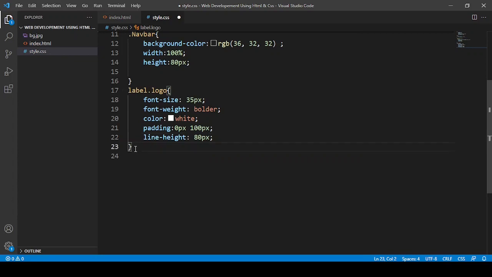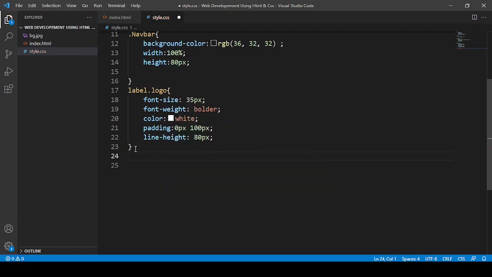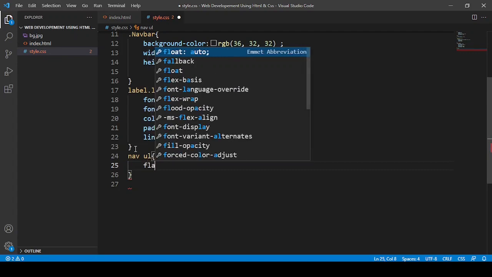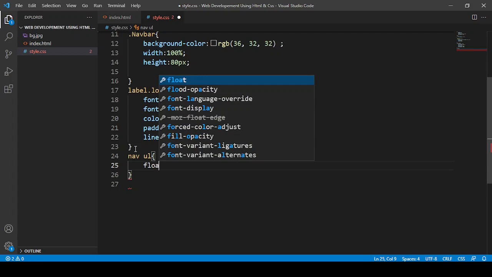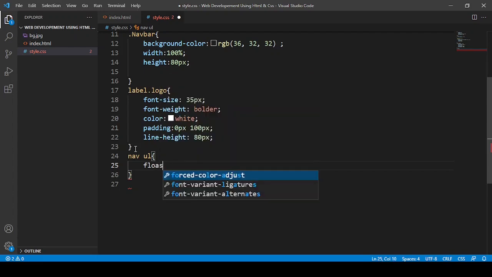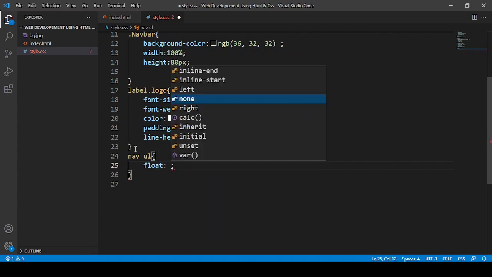Okay, and then I'm going to say here nav ul. Or I can also say nav bar ul. So just do as your choice. I'm going to say nav ul because it's short, and in the nav ul I'm going to say float. So what is float? Float means in which direction you want that. I'm going to say float right,